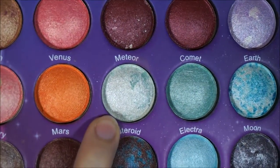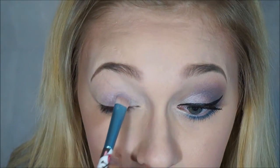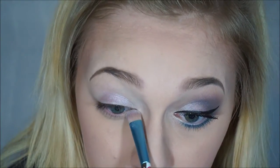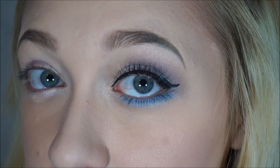Then I'm taking this really shimmery white called Meteor. And then I'm just putting that on the inner third just to really brighten up the look, and then in the inner corner, and then on the lower inner third also. Then I'm taking a blending brush, and just to kind of make it so it fades a little bit,